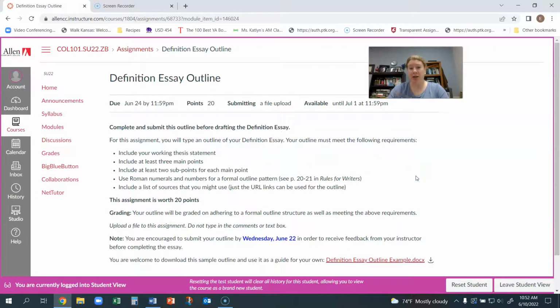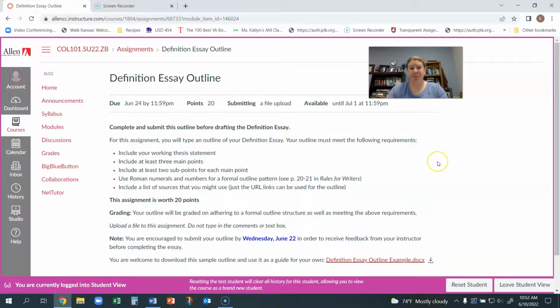Obviously, there is some advantage to outlining an essay after you have written it, but the primary advantage for most students is to do it beforehand, because obviously you want to make sure that you have a plan before going into actually writing the essay. And then keep in mind that an outline is just your current plan. Sometimes things turn out differently as you write, and so don't feel like you're forced to do everything exactly the same as the outline. An outline is just kind of your preliminary ideas.